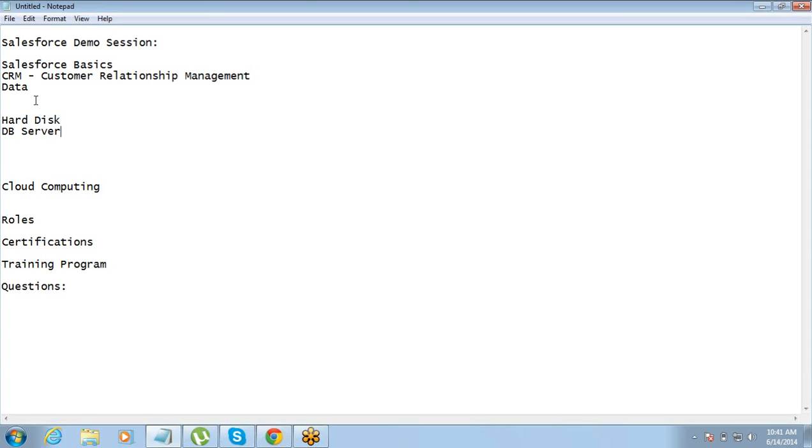Either you buy a database server of your own and install it in your company, or you get some server space on rent, right? I mean, if you go to a new city and you want to stay there, you have just two options, right? Either build your own house or get some house on rent. So here also, your data needs a house to stay. Either you build a house for your database server in your company, or you take some space on rent where your data can actually relax or sit, right?